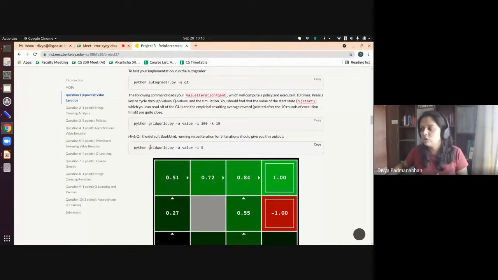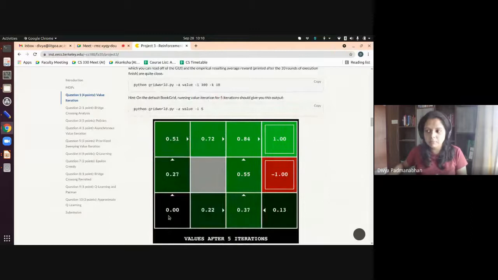The grid world, as I told you, is like you start off in some state, and there were two terminal states. In this case, the top rightmost corner was the good state. If you trace your way through this grid and exit from the top rightmost corner, you get a reward of 1. That's the best. And if you exit from the red grid, which is just below, it's bad for you. You get -1. The transition probabilities, the rewards, everything is coded up there. So what you need to do is find the best policy.